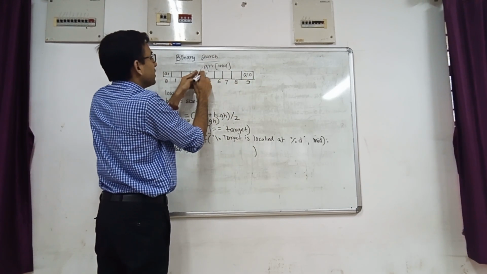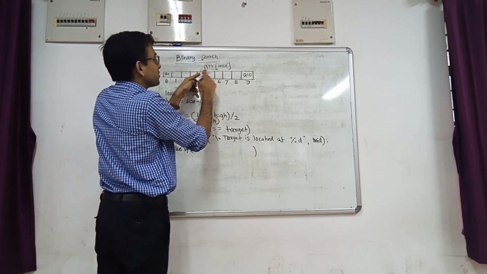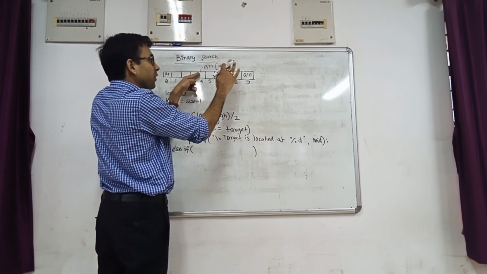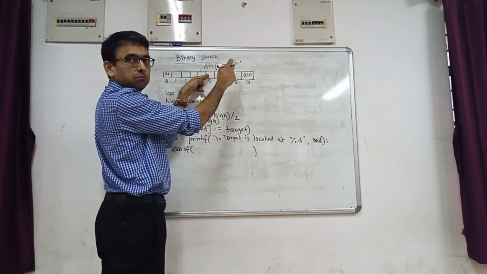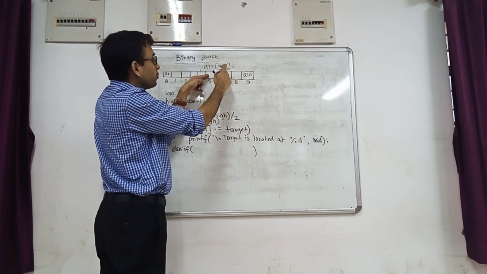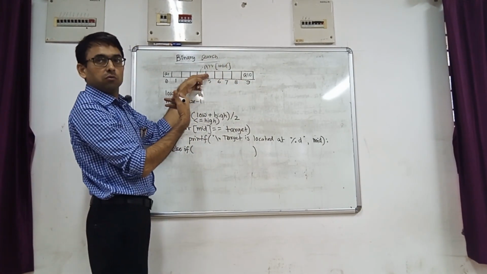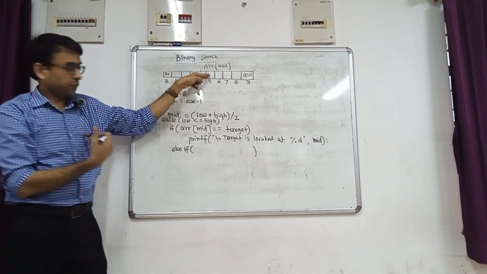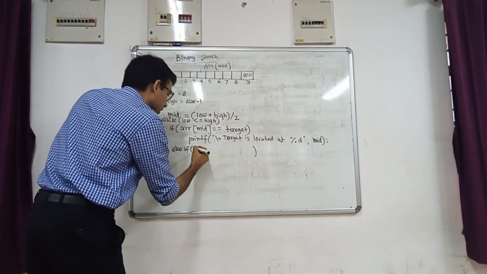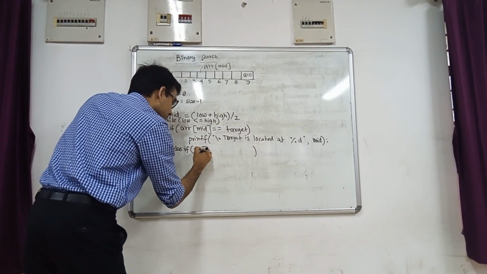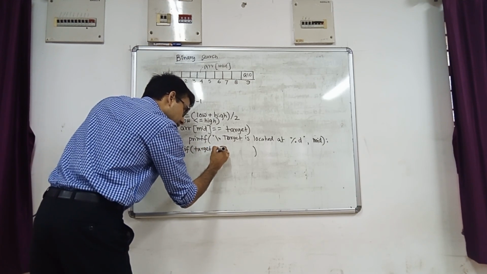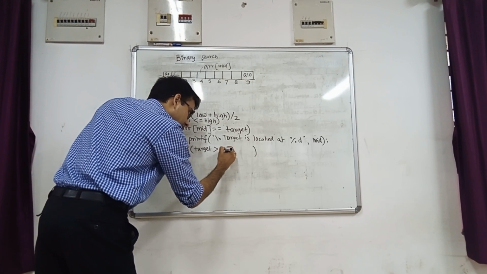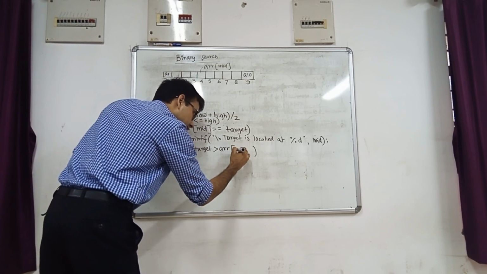So the range that will be basically this plus, so arr mid we have not found, so low will be now mid plus 1. So mid plus 1 will be low. Next, clear? So else if the target is greater than arr mid,